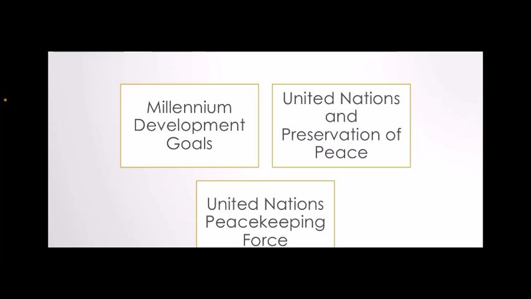United Nations and preservation of peace. The United Nations Charter lays down the ways and means to be used to settle international conflict peacefully. It includes appointing an intermediary. Now, who is this? It is a person who acts as a link between countries to bring about an agreement, which is acceptable to the nations involved in the conflict.